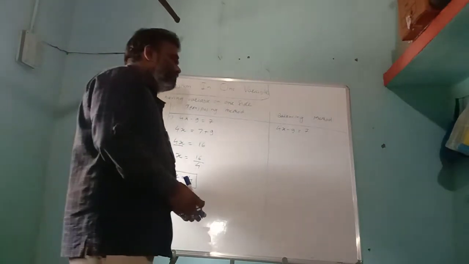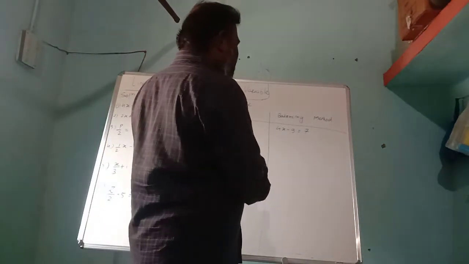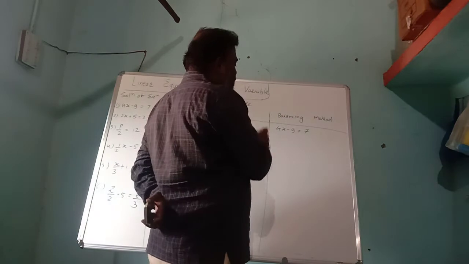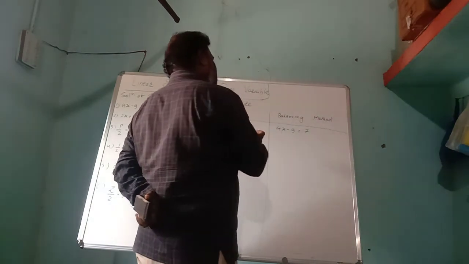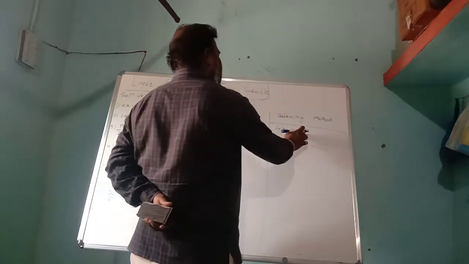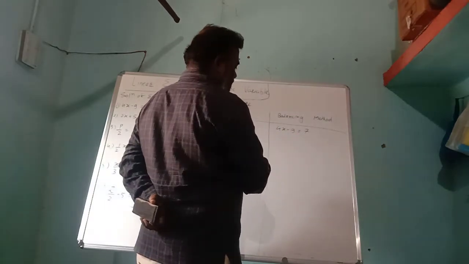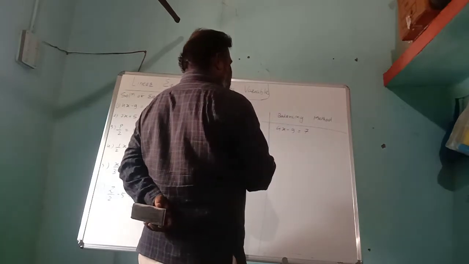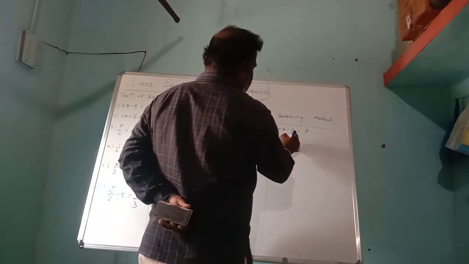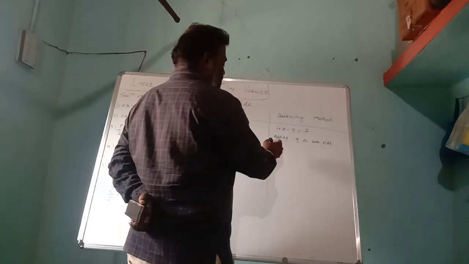Now we look for the solution of the same example by the balancing method. By using the balancing method, how do we find the solution of the given problem? Here, first step, regarding only the constants, we check the constants. Here it is minus 9, here it is 7. While balancing, I want to remove this 9. It has a minus sign over here. For removing this minus 9, we have to add 9 to both sides, because we have to balance the equation.